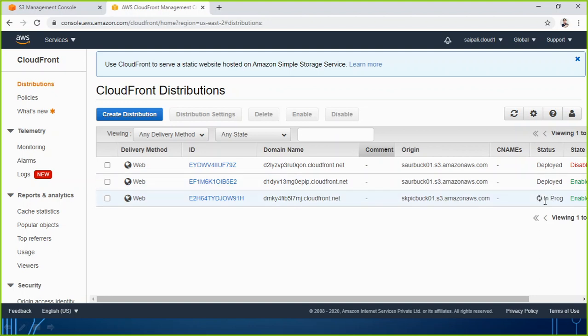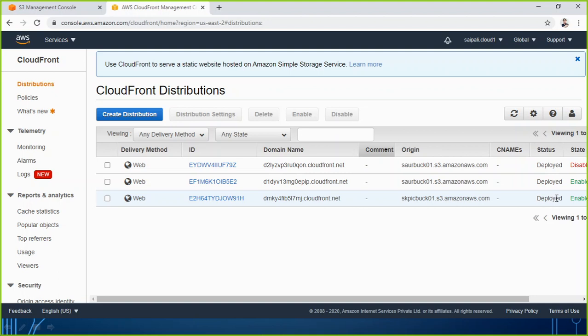It should become Deployed. Thereafter, we will be able to use it. It may take a few minutes, from about 2 minutes to 10 minutes, depending on the number and size of data you have on your origin, which is supposed to be cached on your cache server. So we will just wait for a moment to get it done. The status should show me Deployed, then we will be able to perform the next task. So let's just wait for a moment.